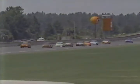So we are under caution for the 3rd time here this afternoon because of a spin off of corner number 2 involving Mark Martin. And here is a replay of it. You can see the car getting loose, coming off the corner and sliding to the infield grass. The other car at the back end just went out from under him. Where the tire went down, we don't know, but he gets it down on the grass, spins it around. There was a car right behind him which may have taken the air off the rear spoiler, or they could have possibly made